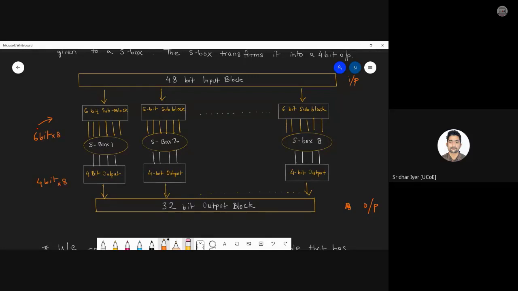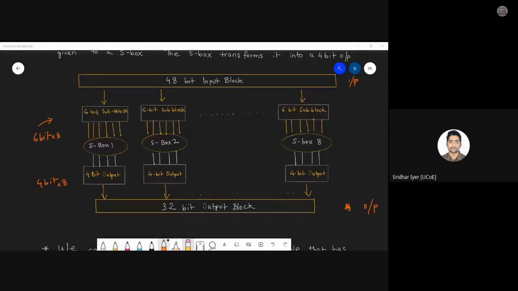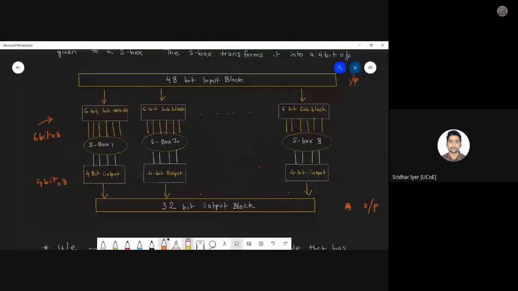Okay, fine. Then have a look at what happens. There are in total 8 S-boxes. Again, I'm repeating the same thing. You don't need to learn by heart each and every S-box. You can simply mention that there are 8 S-boxes, and you can start describing the entire process. That would be fine. So in short, there are 8 S-boxes. It expects a 6-bit value and converts every 6-bit value into a 4-bit value output.